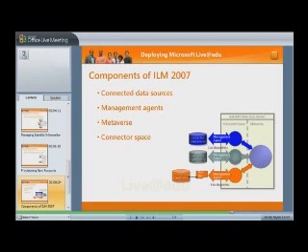A connected data source is a directory, database, or other data repository that contains identity data to be integrated within ILM 2007. Connected data sources can be enterprise directories, NOS directories, databases, or data in flat files. A management agent, or MA, manages the data associated with a specific connected data source. The MA not only connects to the data source, but is responsible for managing the flow of data inbound and outbound. There is at least